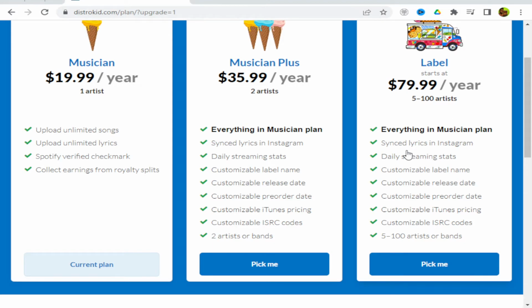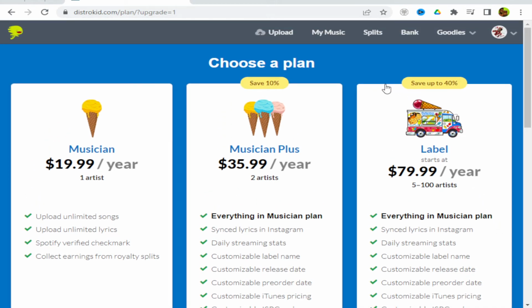But yeah, so basically, it has everything both of these have, and it comes with five to 100 artists. Also, you starting a record label, your own little record label, basically. So yeah, 40% off. Alright,